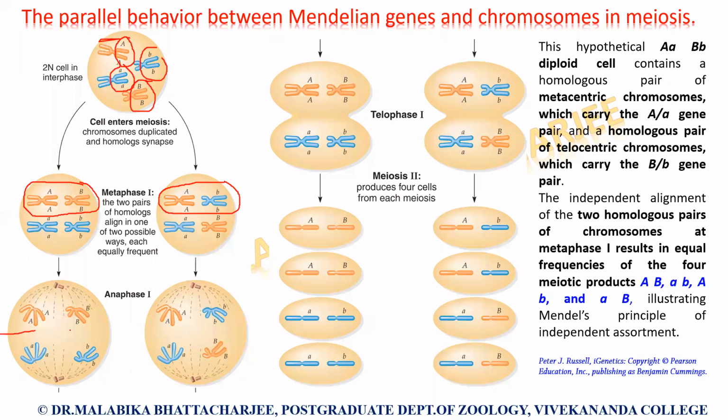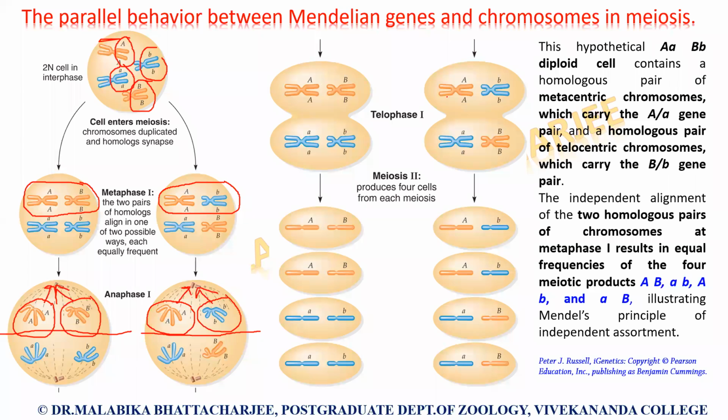Now comes anaphase. So this is how the cell will now divide. Fine. If cell division starts, for this alignment, as you can see, capital A, capital B is moving to one pole. But for this alignment, as you can see, a capital A and a small b together is moving to one pole. So depending on how the chromosomes are aligned at the metaphase plate, we are seeing two different scenarios.